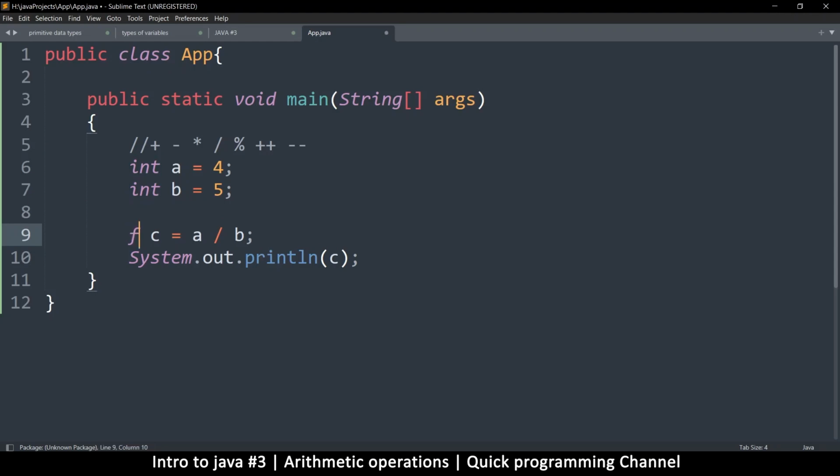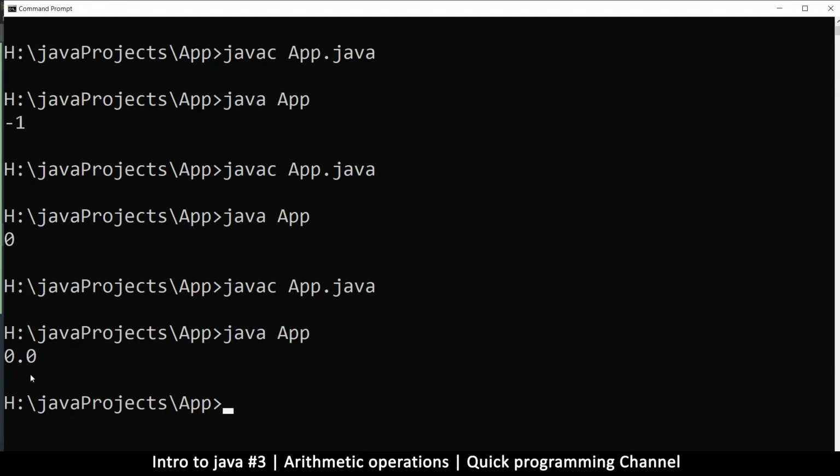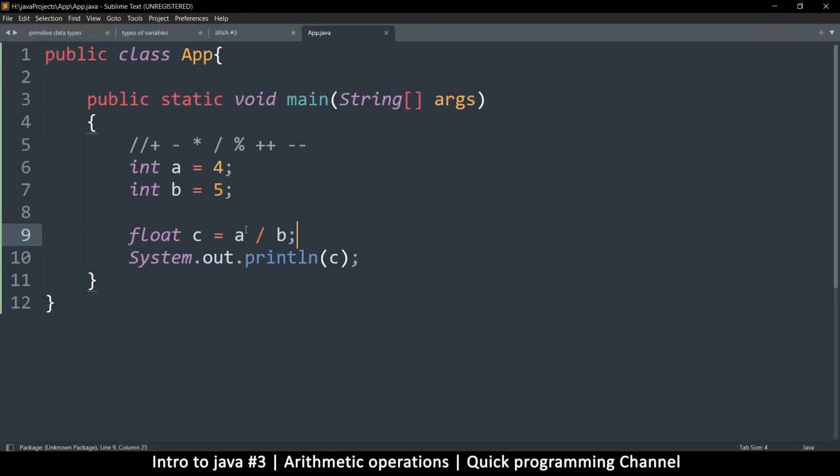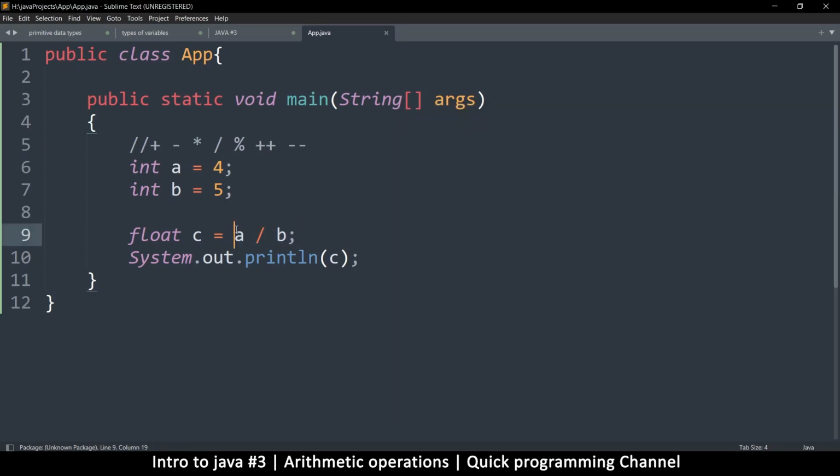However, if we put this as a float like this, let's try this here. Let's see what happens. So I'm going to do javac app.java to compile, and then java, and then app to run. So you see now it shows me a decimal point instead, 0.0. Let's see here, what is 4 divided by 5? 0.8. So the answer here now,